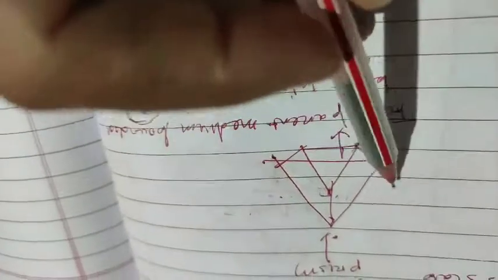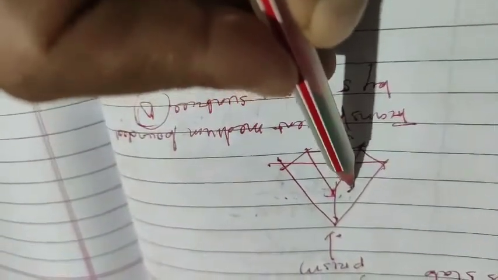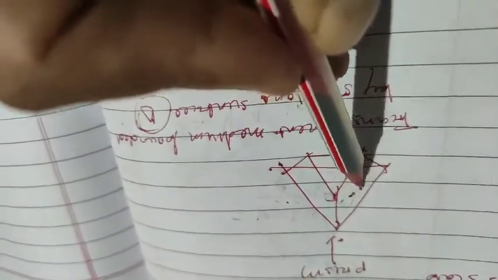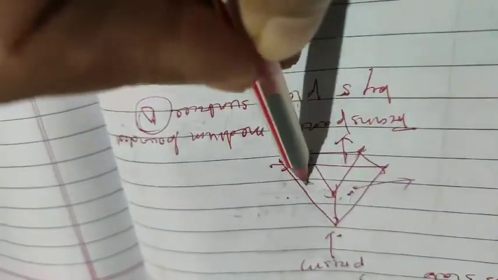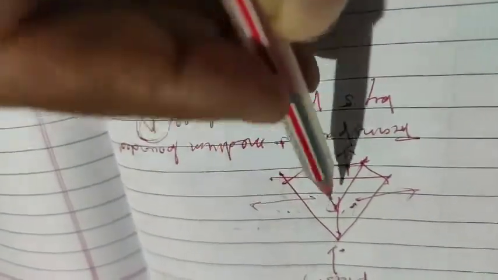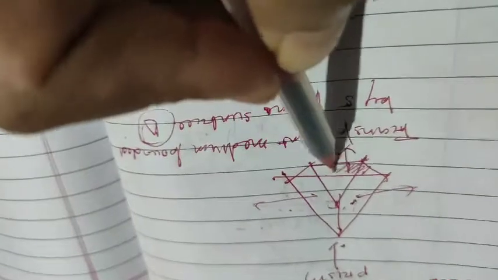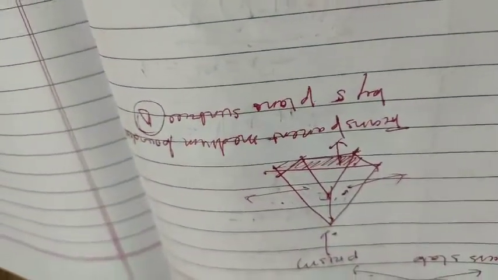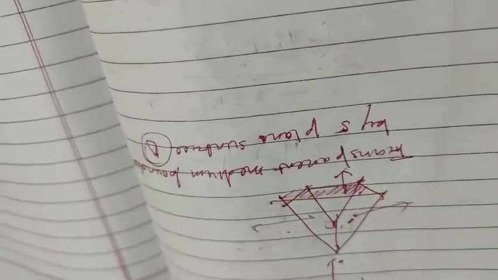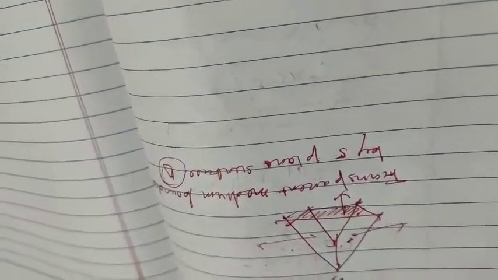If you see, this is one refracting surface, this is another refracting surface, and if you go to the base, this is the base of the prism, where you cannot see the refraction phenomenon. So basically we have two refracting surfaces, one on this side, another on this side. Now we will understand how it shows the refraction phenomenon.